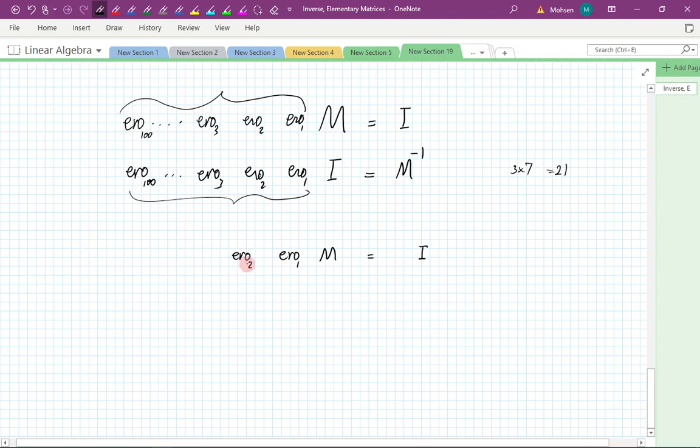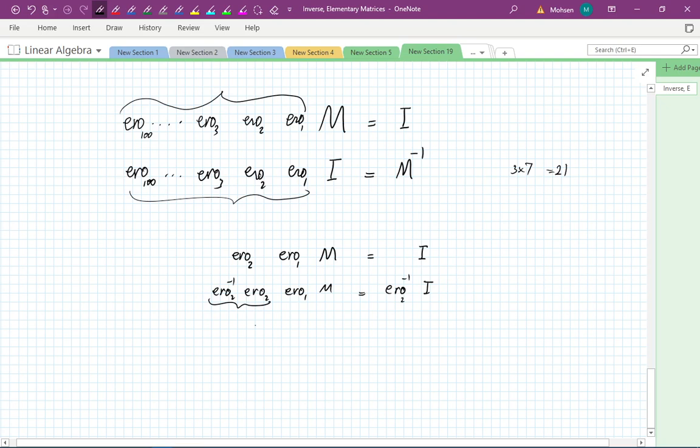Well, now if you take the inverse of this thing and I multiply it on both sides, so if I take elementary operation number 2 inverse and multiply with whatever I had here, elementary operation number 2 inverse times identity, this becomes identity, and